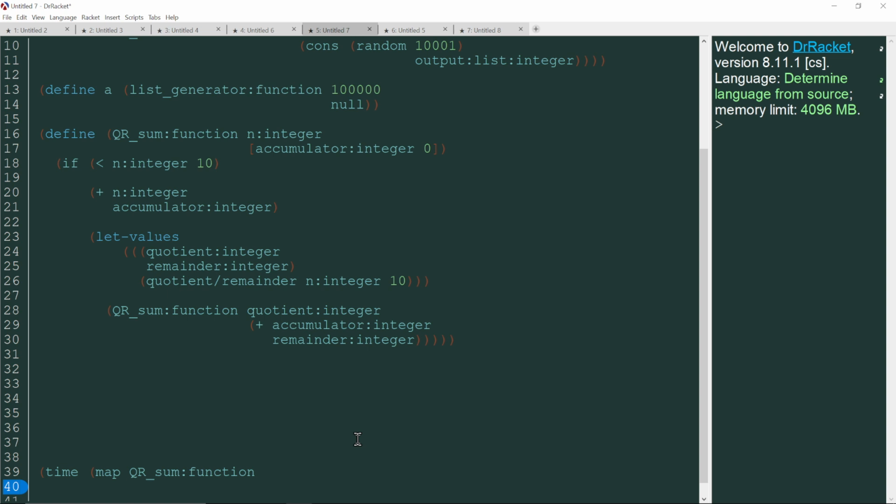I'm guessing this is going to end up being faster, because with mapping or fold lefting, stringifying, we're going to have to turn every element into a string for the other function, which I think is going to impose a cost. Map QR sum function onto a